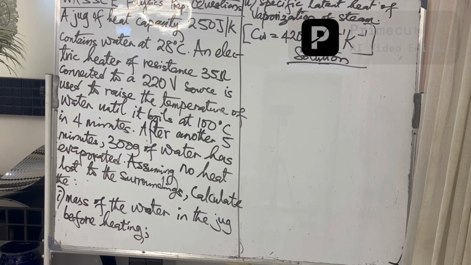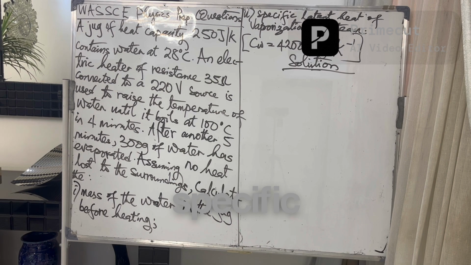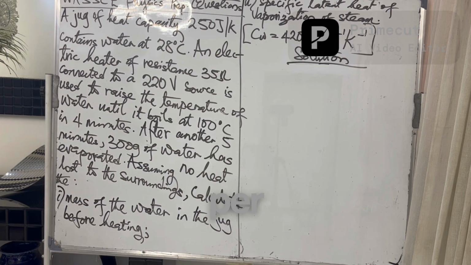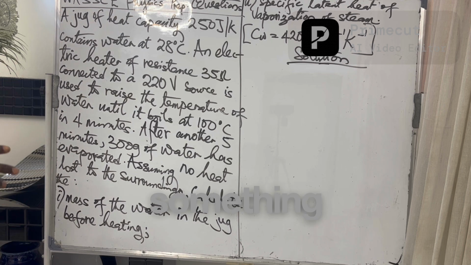Assuming no heat lost to the surroundings, calculate: 1. The mass of the water in the jug before heating. 2. The specific latent heat of vaporization of steam, given that the specific heat capacity of water, Cw, equals 1200 joules per kilogram per Kelvin. When you see a question like this, it is something you need to pay attention to details